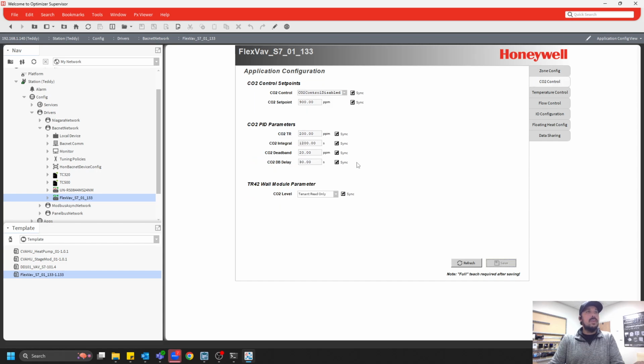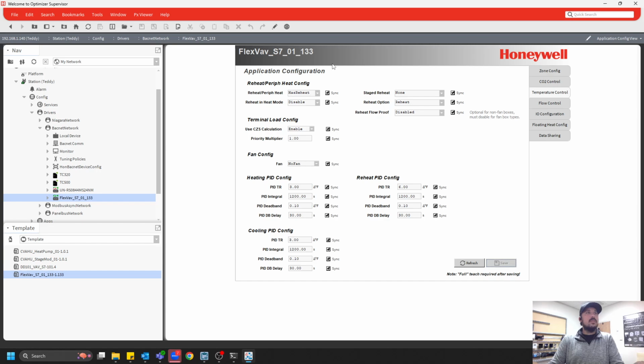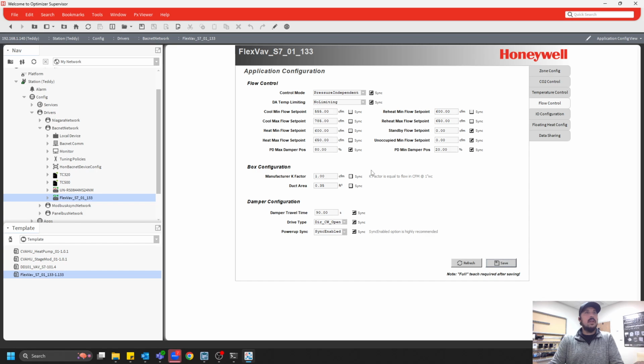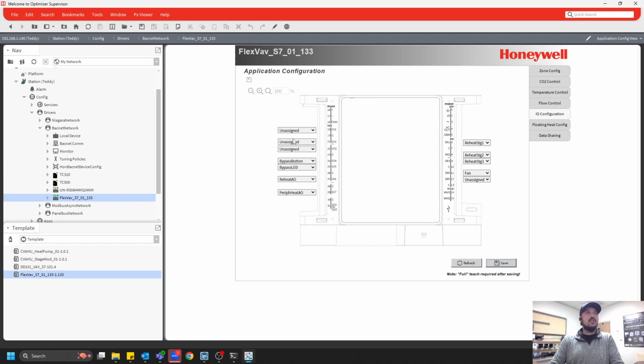You have your CO2 control if you have CO2 on there. Right now it's disabled. This is where you can change things like if I have a fan, whether it's series or parallel, and this is where you can change some of your PID loop for that fan and heat. Flow control, this is where that initial pop-up came up. This is where you can set all of that information. You can have it drive open, drive close. It covers a lot of ground. You can move these around if you want something different there. If you'd rather this fan plugged in over here,